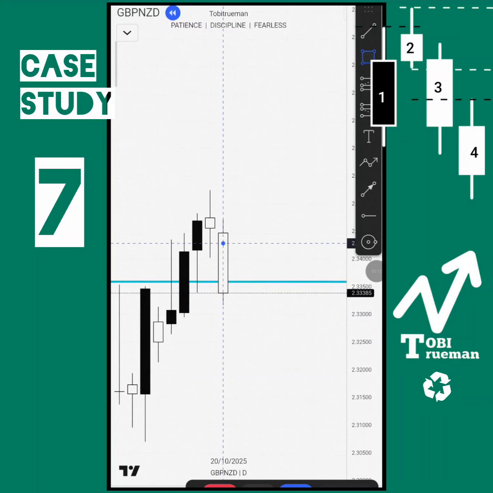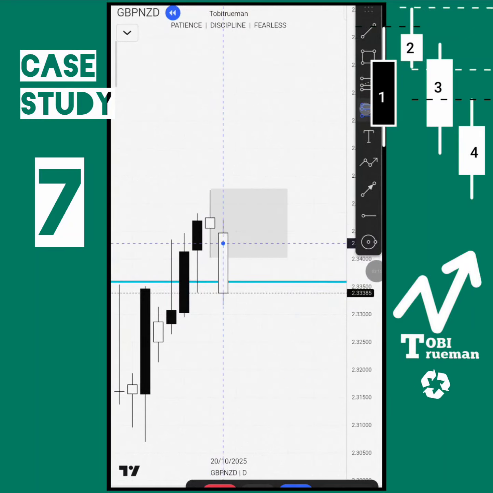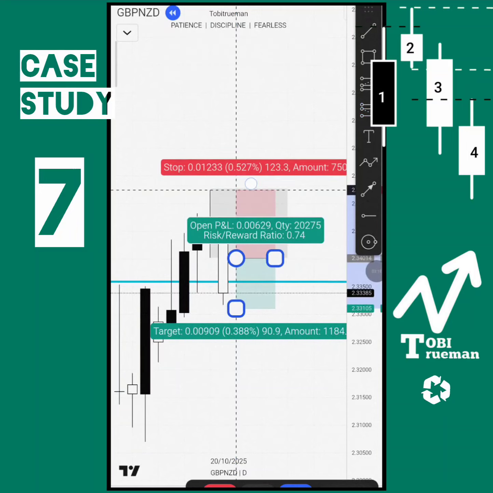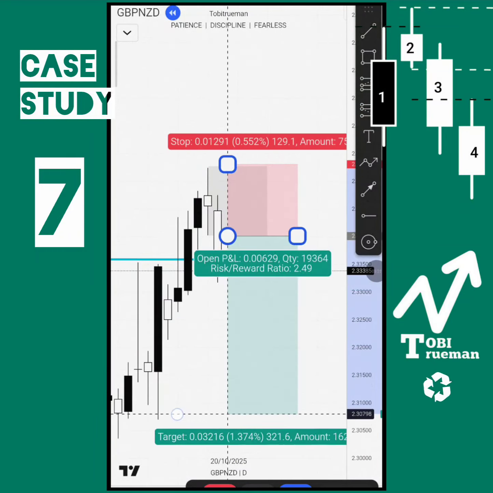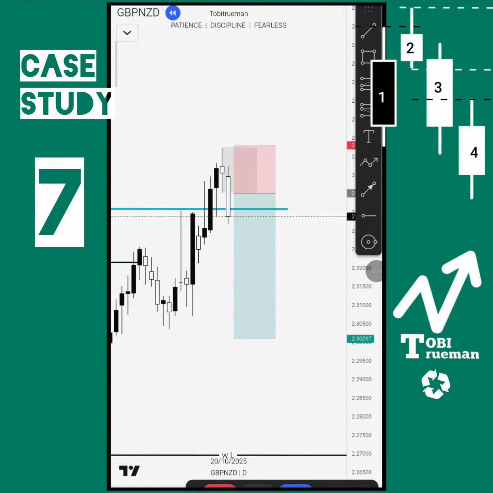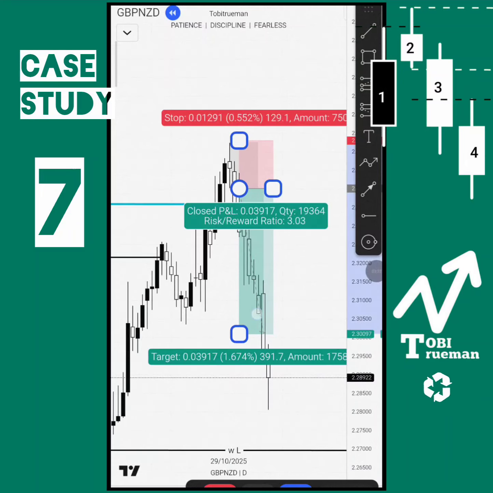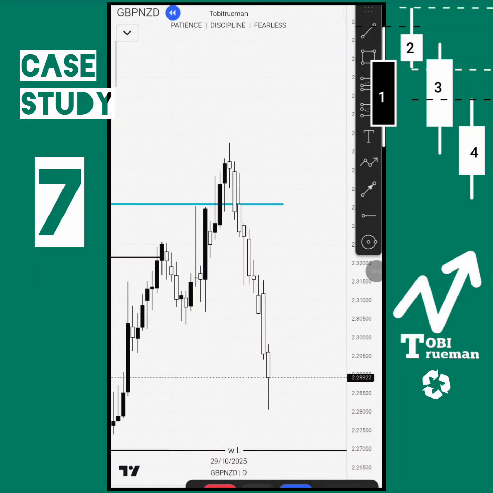So therefore, in this trade, what do we do? We take our trade, put our sell indication there, and then as usual we look for our 1 to 3. Okay, let's play the chart and see how it goes. You see, our 1 to 3 has already played out. I've made different examples and case studies about